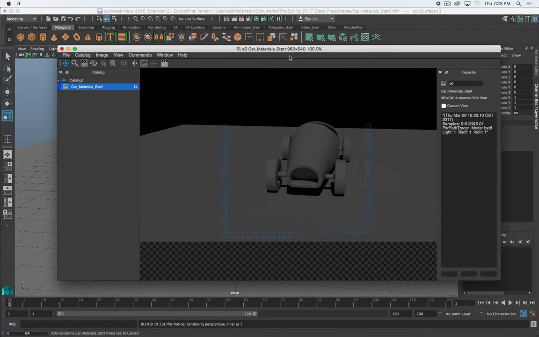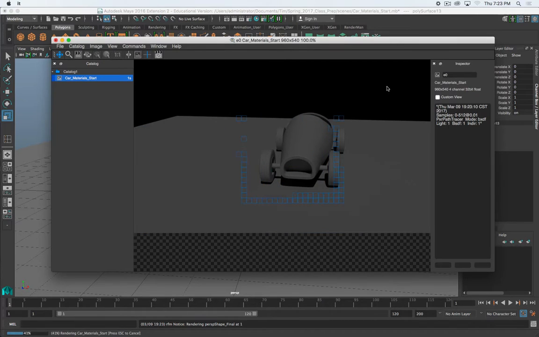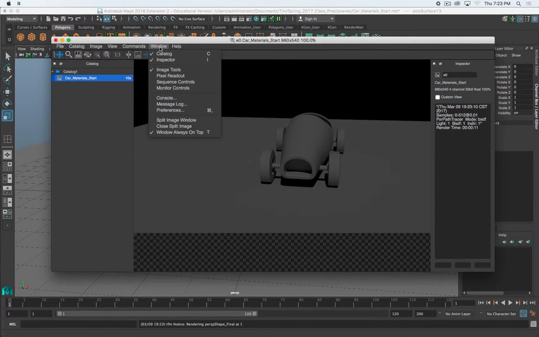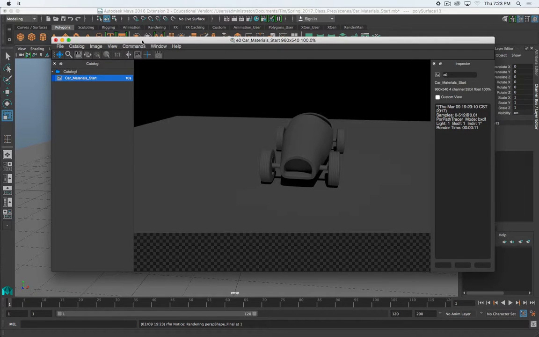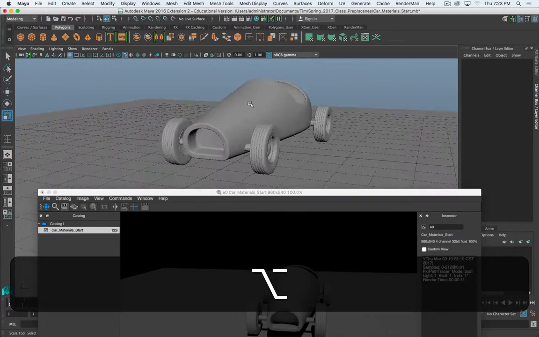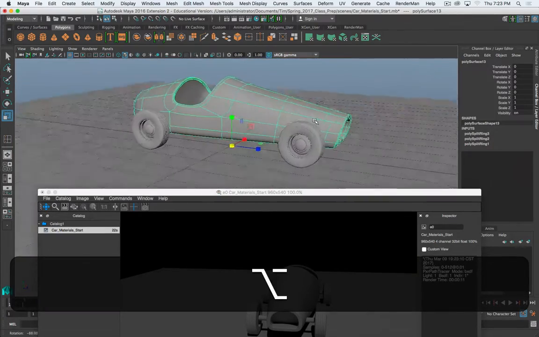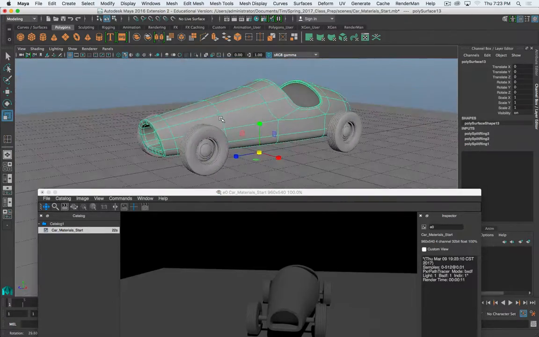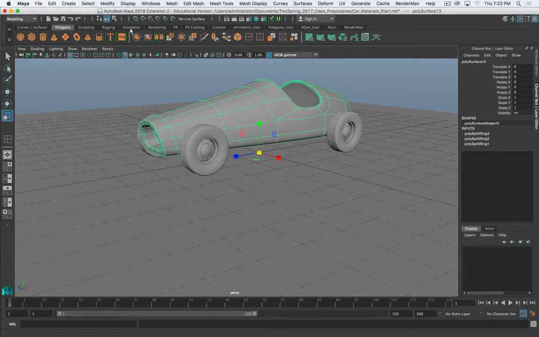And I've got a few additional things activated. If I go to my window menu, I have the catalog and the inspector activated. I also have always on top, which should keep this window always on top even when I click over into Maya. Oh, there it goes. It didn't work last time, but now it's actually working. So I can screw around in Maya, but still I'll have my window here, which means, especially if I'm doing an IPR render,